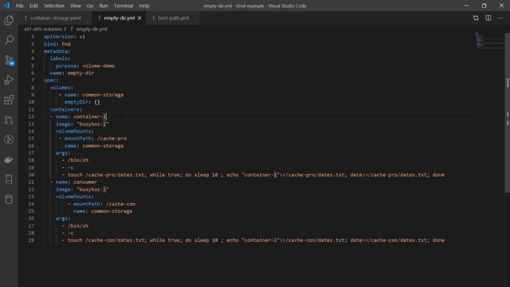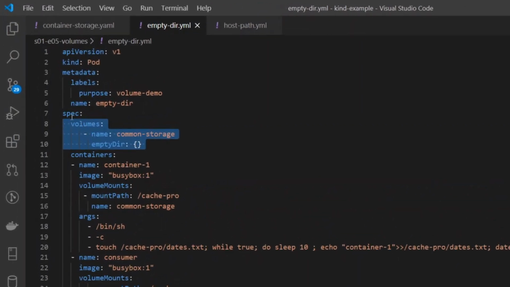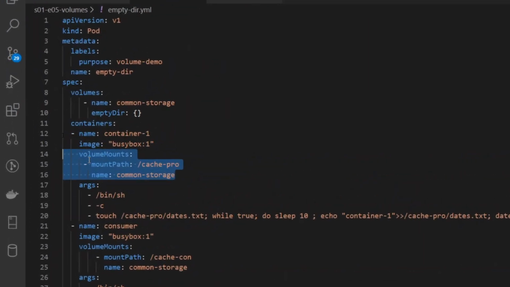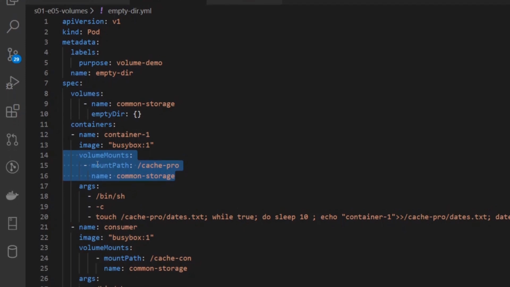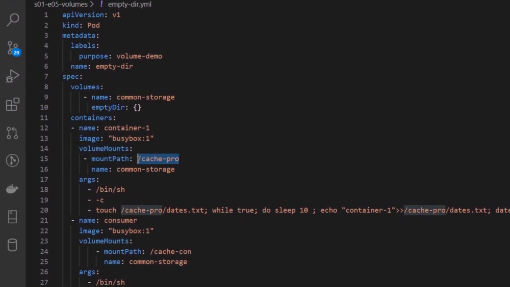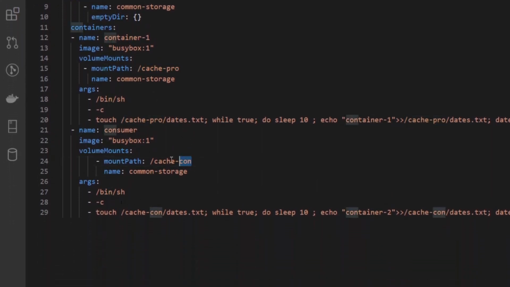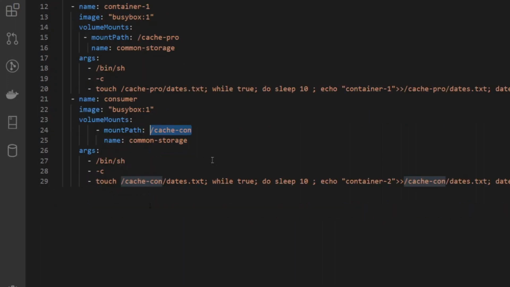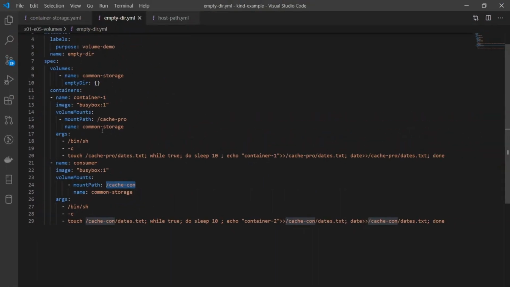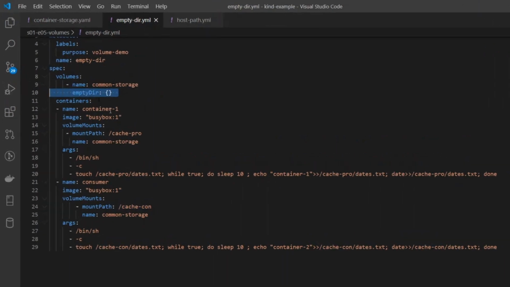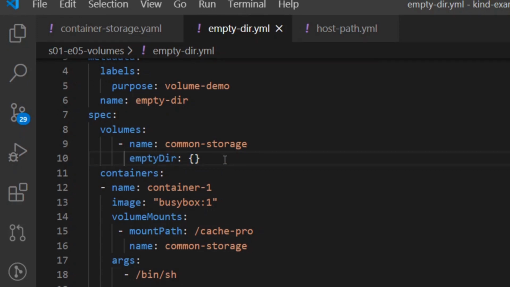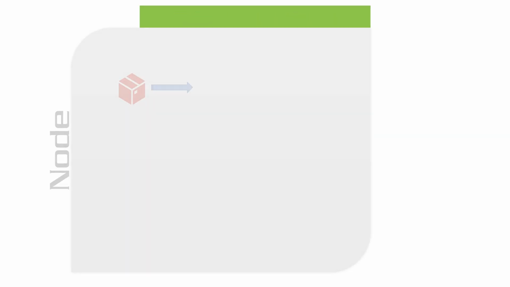The direct way to use volumes in Kubernetes is to have a volumes attribute at the pod spec level. Then you have to have volume mounts at each container level. Note, the same volume can be mounted at different folders in each container. This gives a shared file or folder for all the containers within the pod. But remember, emptyDir, as the name says, always gets you an empty directory when your pod comes up. So during container crashes, data will be safe, but if your pod is deleted, data is gone.